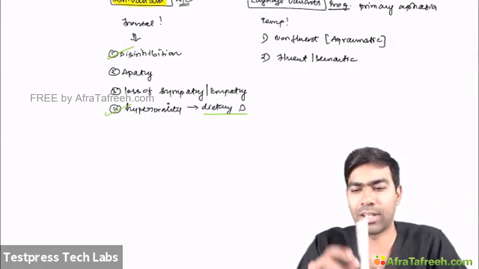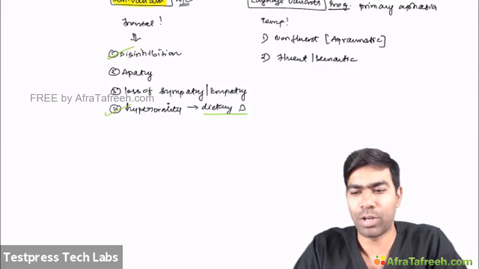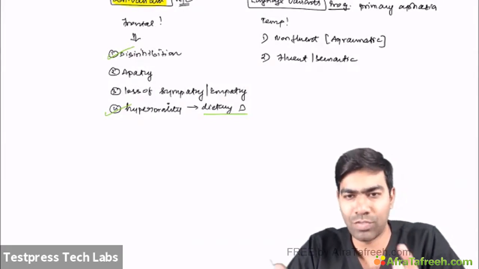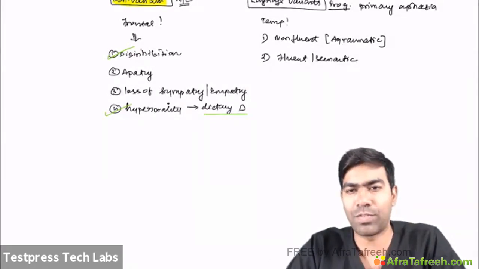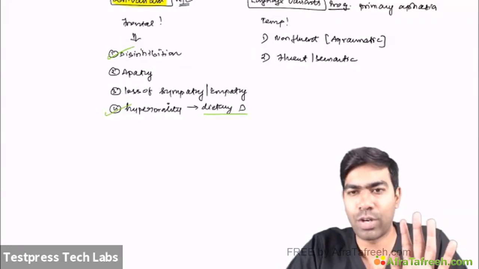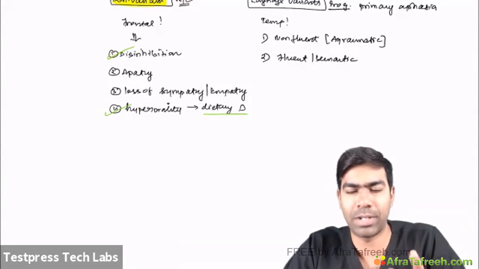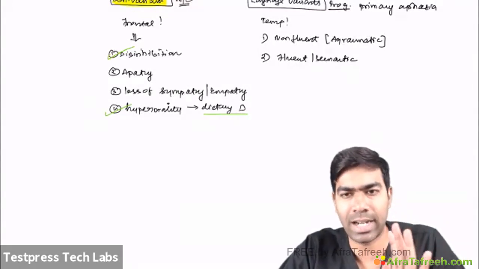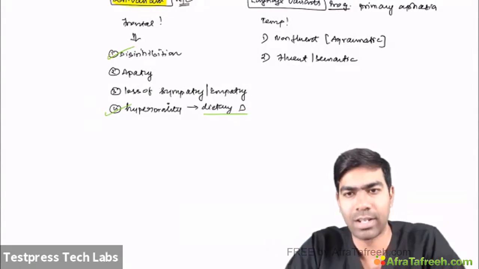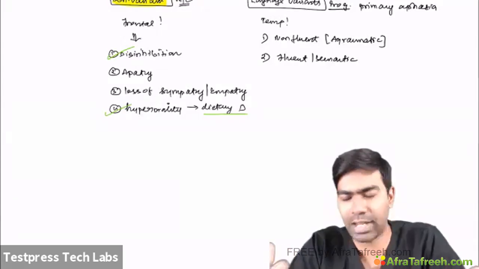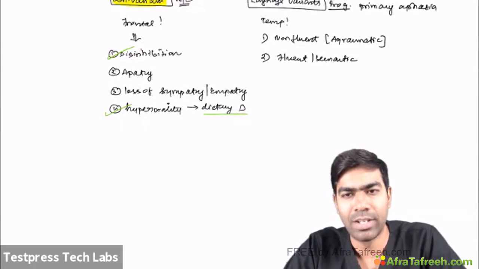But if it's this thing, I'm going to write on this particular thing. So this kind of generalization will be there. For example, if you show a dog photo and ask what is this, they'll tell you it's an animal, not a dog. You have to tell it's a dog, but they will say it's an animal. So this kind of generalization will be there. This is again not classical of Wernicke's, but still can happen in the setting of a frontotemporal dementia, especially the fluent and the semantic variant.